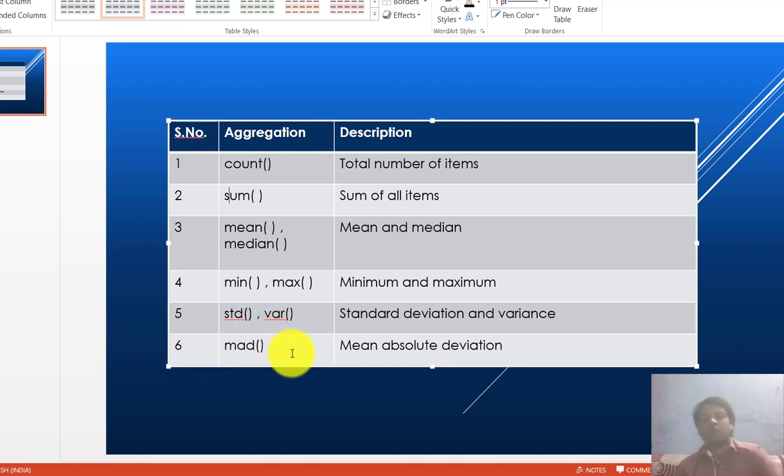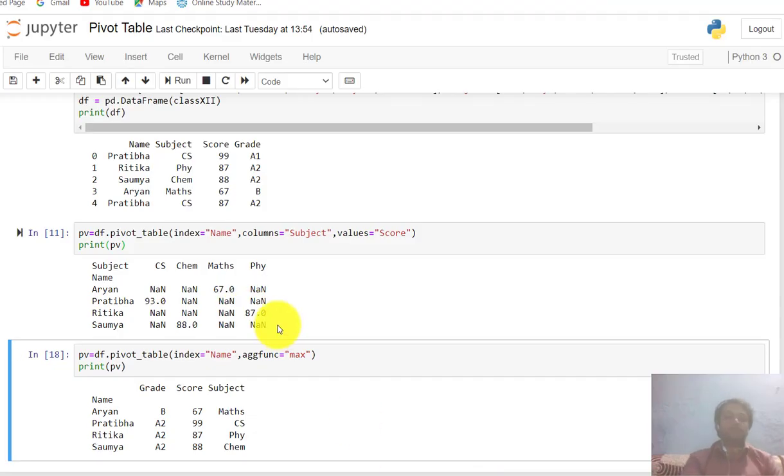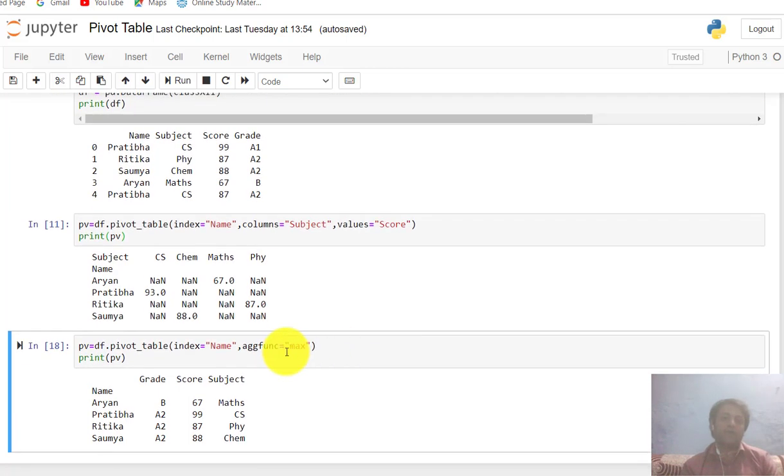Clear? All these functions we can perform in the pivot table methods. So this is the way of calling aggregate functions in the pivot table. This is our pivot table. Here we performed all the operations of aggregate functions.